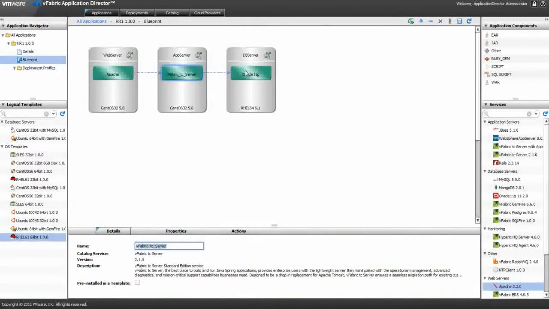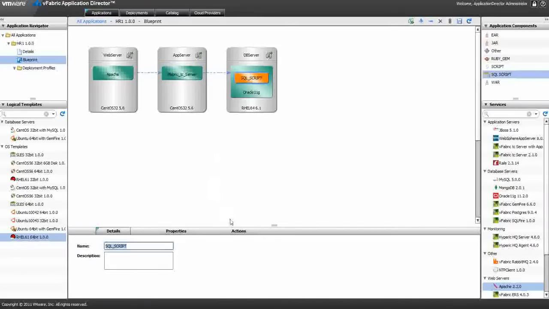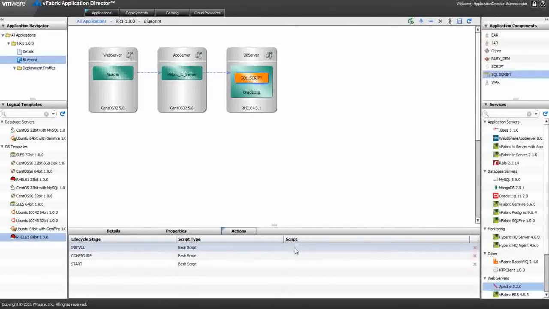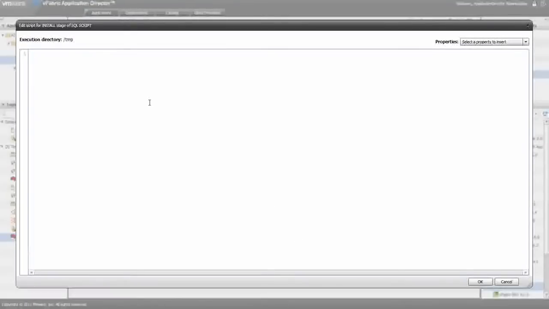At this point, I could deploy this application right now and actually have a core development platform that any developer could take and start building applications on. But we want to be a little more specific in this case. My DBA requires some particular SQL that should be run on any database within our organization. So maybe I want to drop some SQL onto the database. And he's going to give me the actual SQL to run, but I want to make it part of this package. So I'm just going to come over to Action and click on Script and